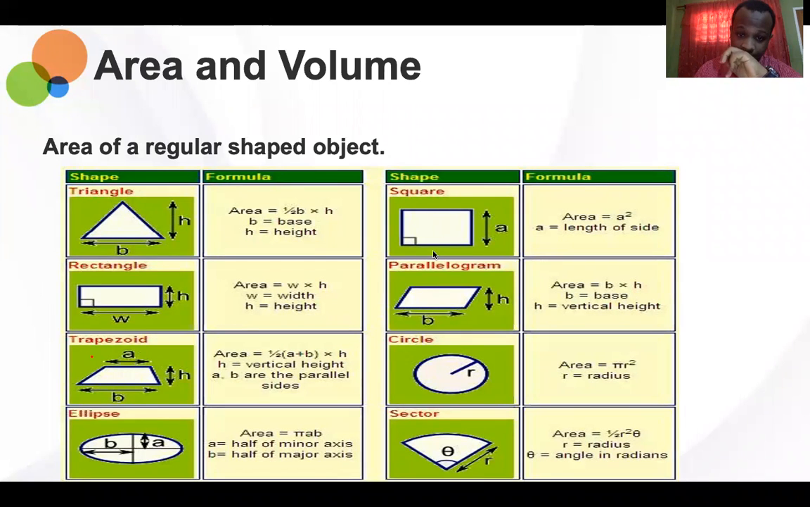All right. So for calculating the area of a triangle,